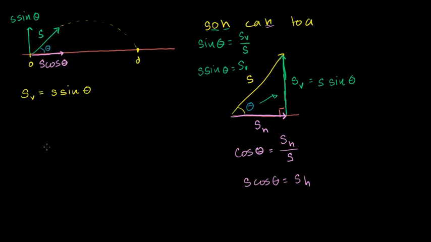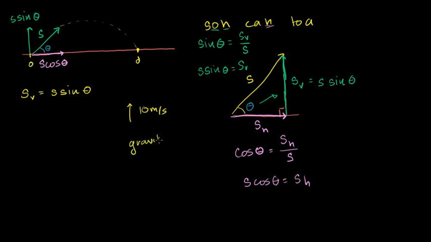Well, if I told you that something is going upwards at 10 meters per second, and gravity is decelerating it at 10 meters per second squared, so every second it's going to slow it down by 10 meters per second, how long will it take for that object to get to 0, to stop moving? Let me write that down. Let's say that some object is moving upwards at 10 meters per second, and let's say that gravity is slowing it down